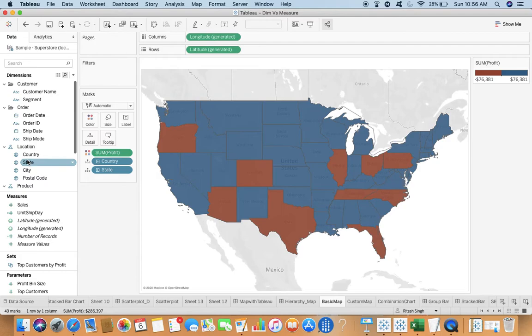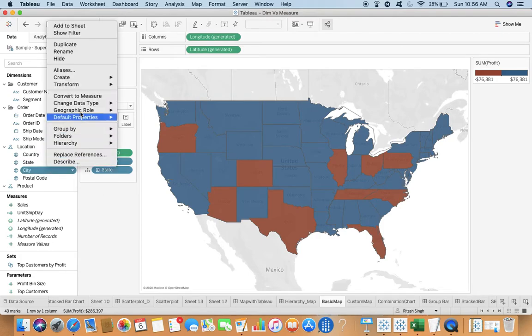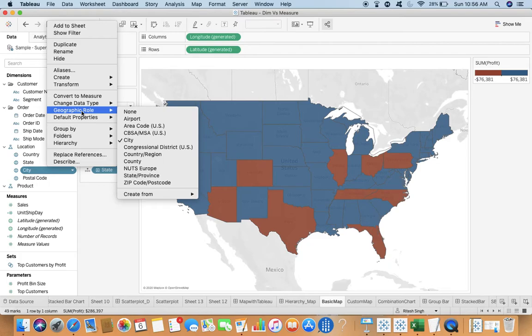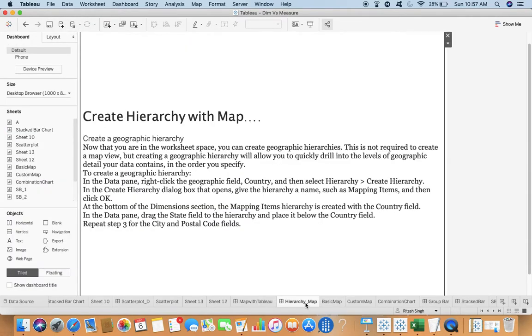Here, by default, you see country, because Tableau is intelligent enough to take any column named as country, state, city, or postal code as the geographical. You don't need to convert that to a geographical role. But if you have something else other than city over there, or say, instead of city, you have something called location which is of type city, then definitely you have to go and assign the geographical role. So you have the option over there, country, country region. So you can act according to the same.